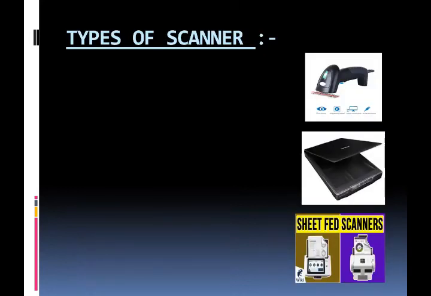There are three types of scanners. First one is handheld scanner. A scanner that is held in the hand and passed across the images to be scanned is a handheld scanner. It is very small in size. Handheld scanners are less expensive but require a steady hand to get a clear image. The picture is placed on a flat surface and the scanner is moved downward by hand onto the picture to capture the image. These scanners are easy to use but sometimes they are limited to black and white pictures.